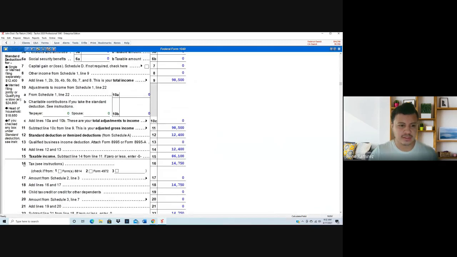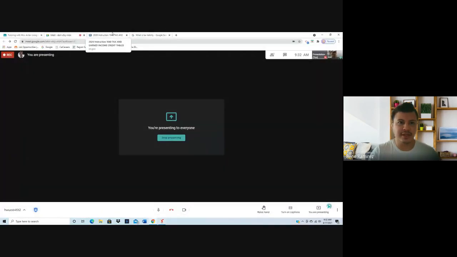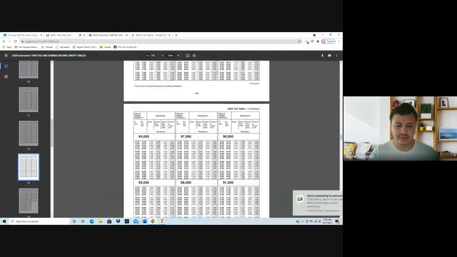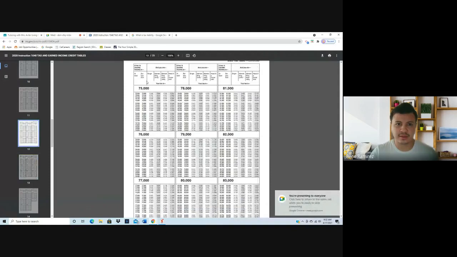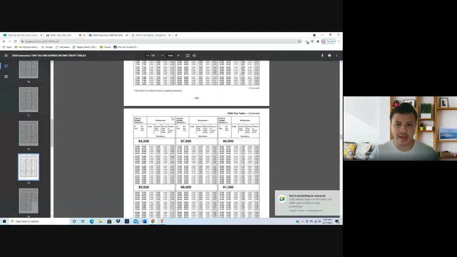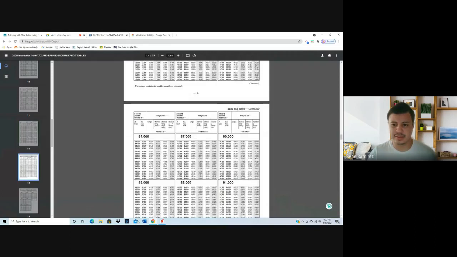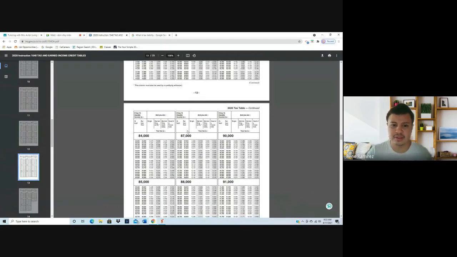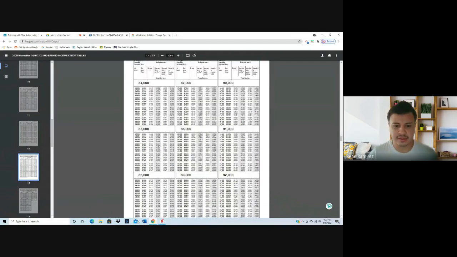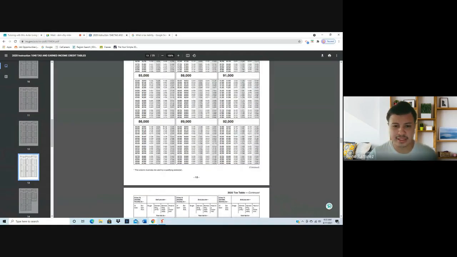So the question right here, this is the tax liability on line 16. Where did this amount come from? You go to the tax tables. Let me introduce you guys to the tax tables. These are the IRS tax tables in which they compute this income. It's like a formula they use. So if you go to 86,100, as you can see right here, it's tax